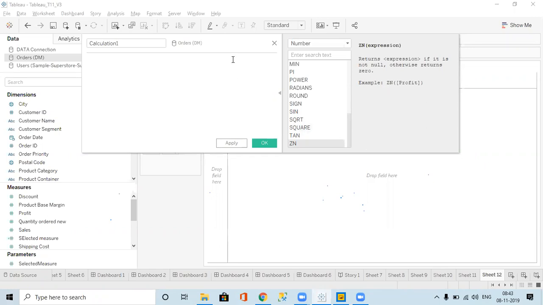Okay, so if I use ZN of some column, for example sales, wherever null is there, it will replace it with 0. It returns the expression if it is not null, otherwise returns 0. Did you understand? Basically, wherever null is there, it returns 0. Okay.